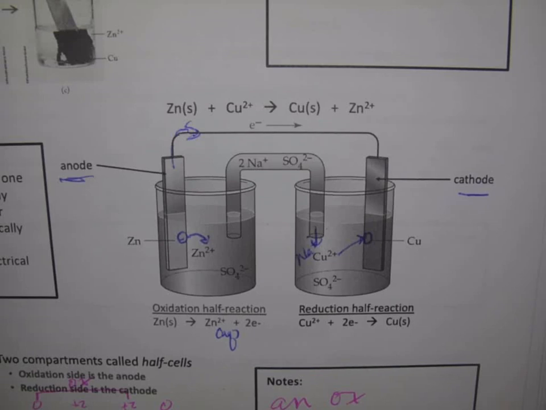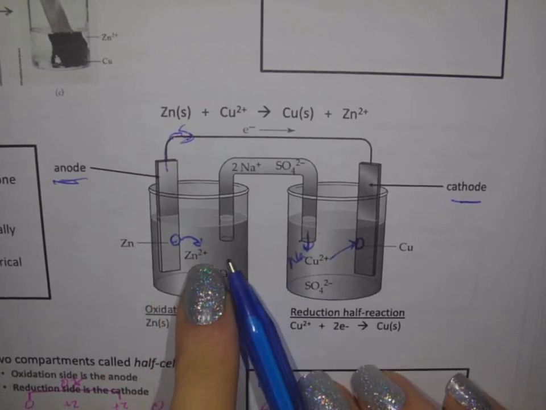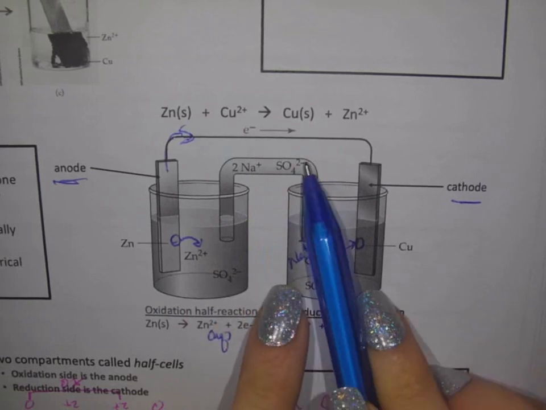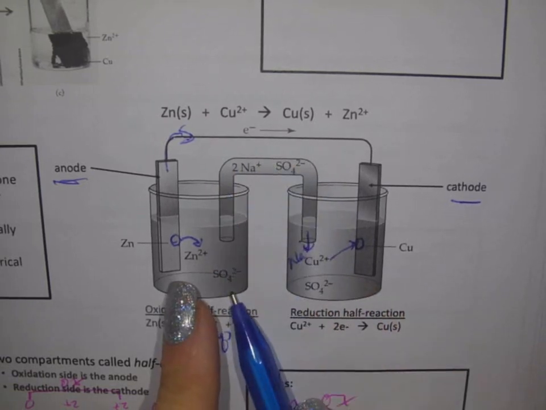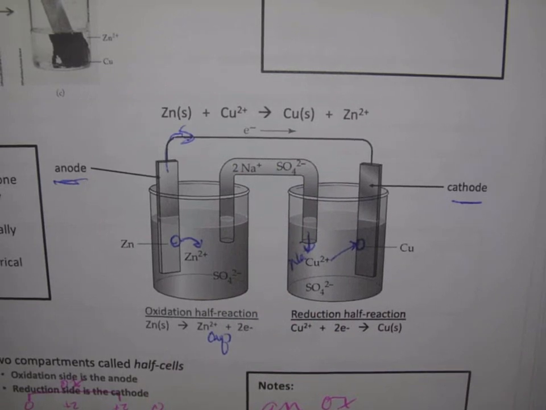So the common misconception is that electrons travel through the salt bridge. This is not true. Ions do. The salt bridge allows for the positive things over here to move over here, and the negative things over here to move back over there. Okay? So what would happen if we didn't have the salt bridge and it just became a really positive solution? Good. I believe that's when we have